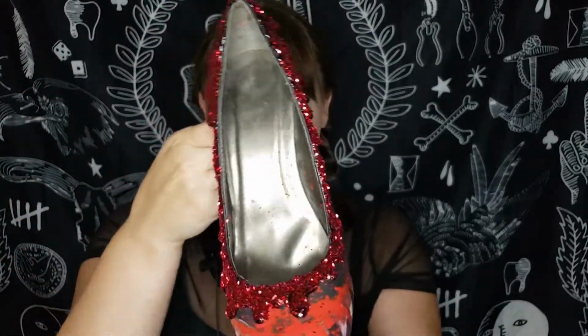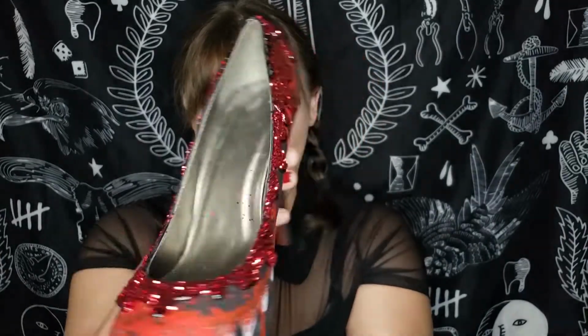My God, there's so much glitter. It is everywhere. Oh, it's so extra. Alrighty, this bad boy is all glittered up. It's just fabulous. So now I am going to do the next shoe,